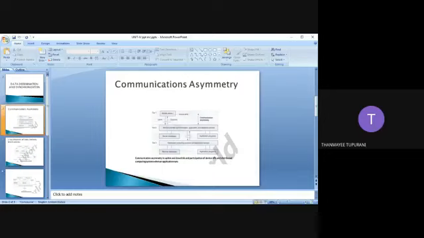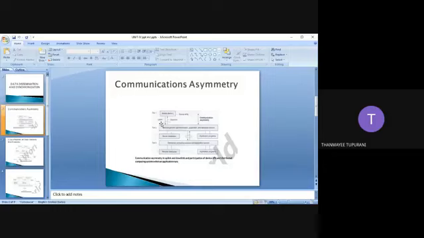So likewise, what do you mean by communication asymmetry? When we deal with communication, it should be connection oriented, like a connection between two persons. Yes. The communication can be of two types, as I said, a downlink stream or an uplink stream.